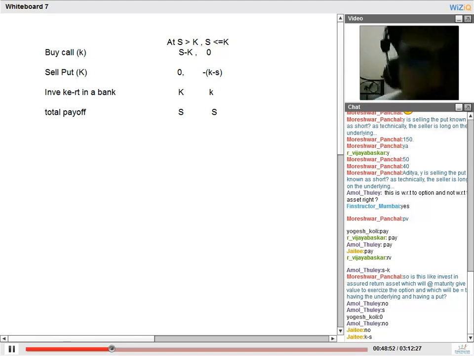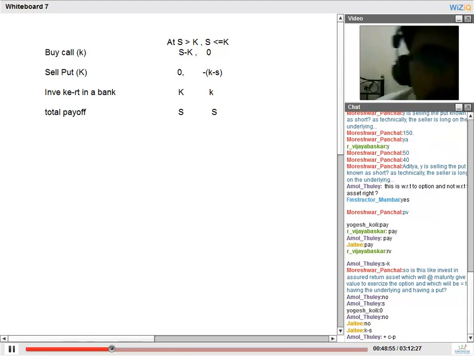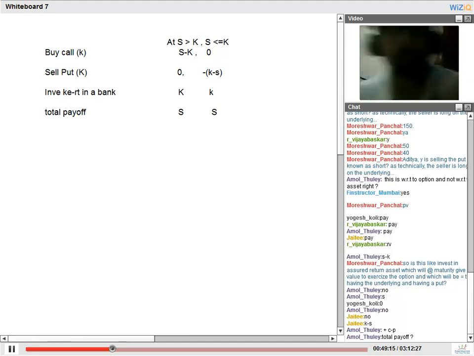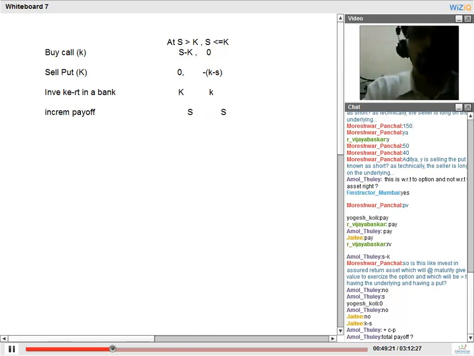So we understand that from the first portfolio, that is buying a call, selling a put, and investing K e raised to power minus RT, that is the upfront cost. CP, don't worry, we are only worried about the incremental. That cost is initially gone. So the total payoff will be S, whatever is the spot price now. So the incremental payoff at maturity from both will be S. Does everyone understand that? That the incremental payoff, in all circumstances, from this portfolio will be S.